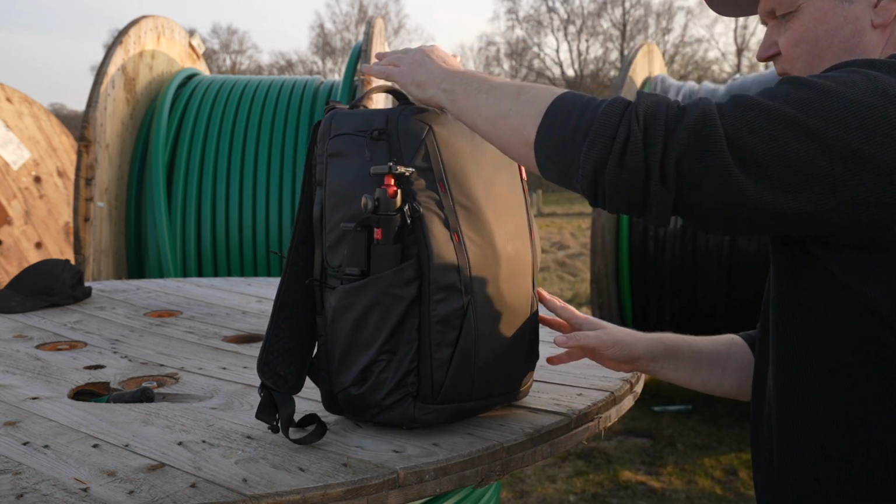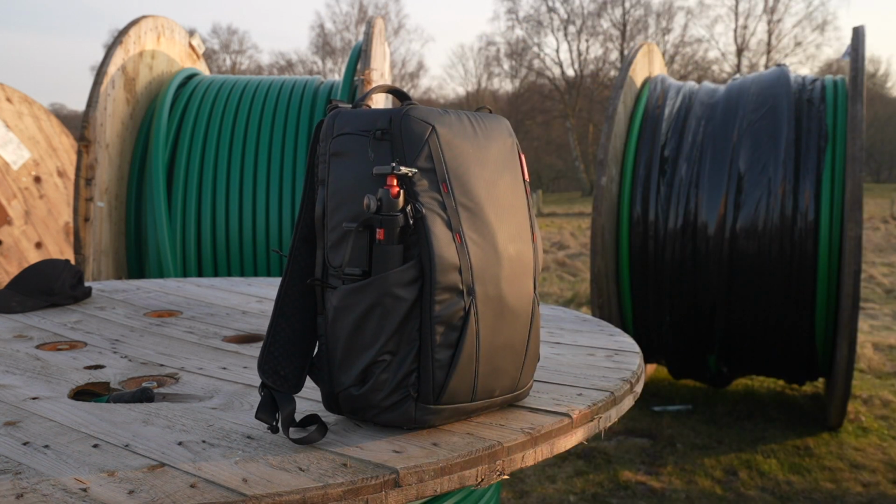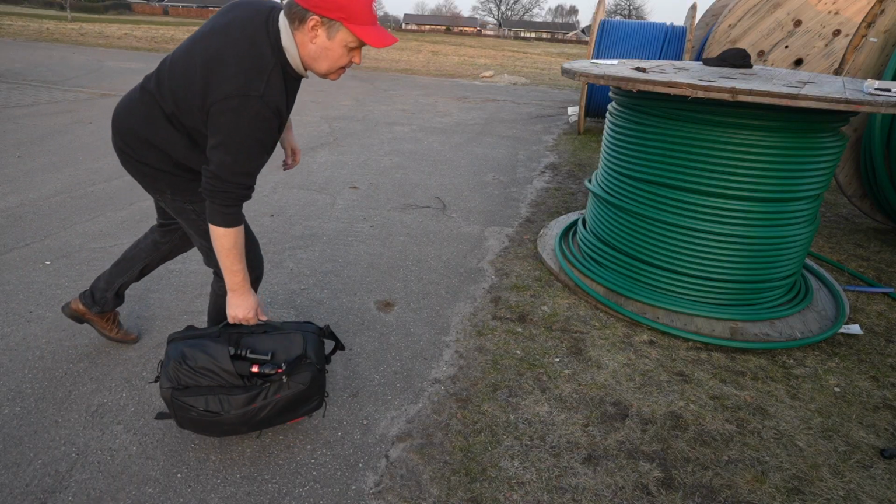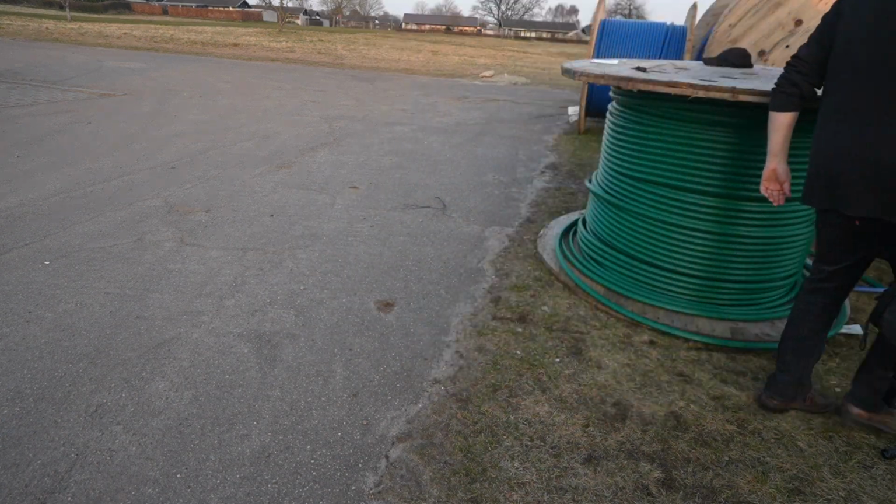One of the things that always seems to cause problems with these types of bags is that they can never stand by themselves. When you set it on something, it actually stands without tilting to either side. That is something that I really love about this bag. The backpack also has all sorts of integrated handles that will allow you to pick it up like a briefcase. That might be super practical if you have to get it in and out of a car, or maybe if